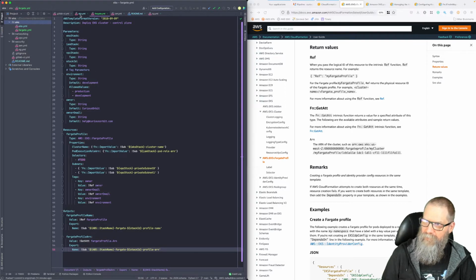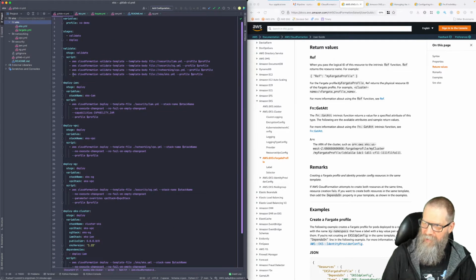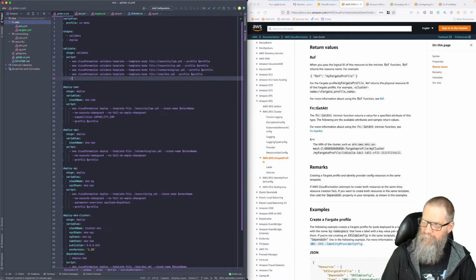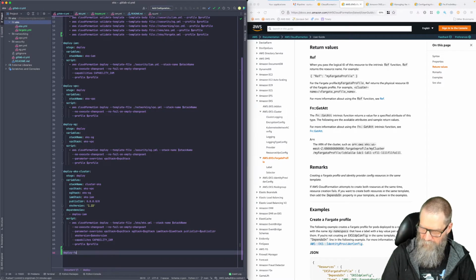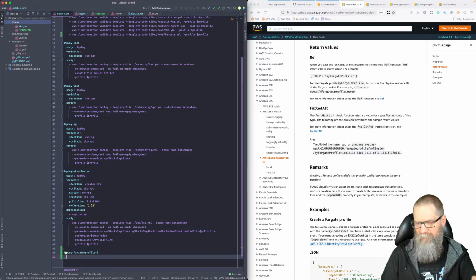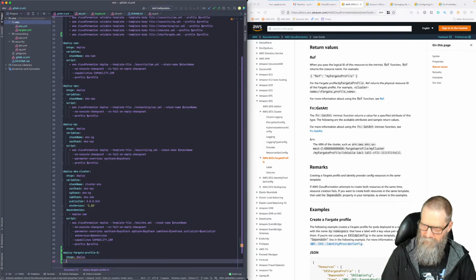Okay, so I'll show you what I'm going to try to do here. If we go over to the CI script, we'll add in our new validation, which is now going to be EKS Fargate. So just do some basic validation on the template, and then we'll create a new stage. And we'll just say deploy Fargate profile. And we have to uniquely name these. So again, I'm thinking about if we have multiple Fargate profiles, then the CI stages have to be uniquely named as well. So we'll just put this in the deploy stage,